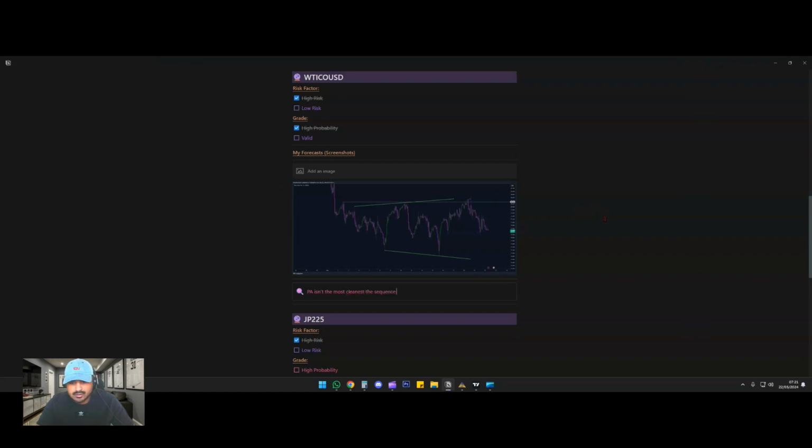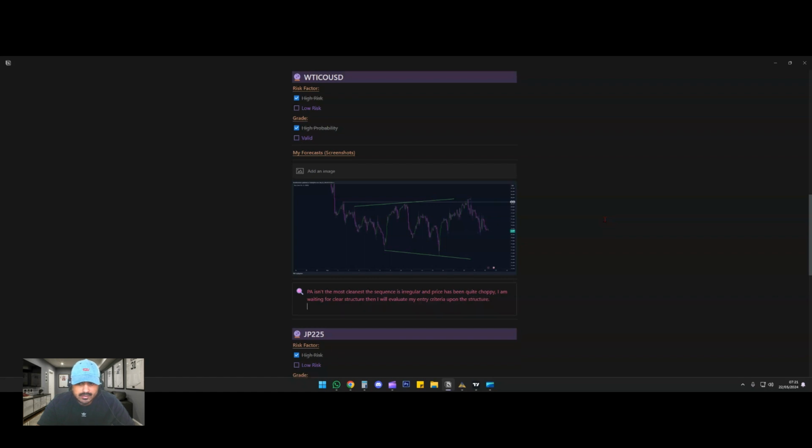The sequence is irregular and price has been quite sporadic, choppy. I am waiting for clear structure, then I will evaluate my entry criteria upon the structure, and I will manage the position more aggressively due to the